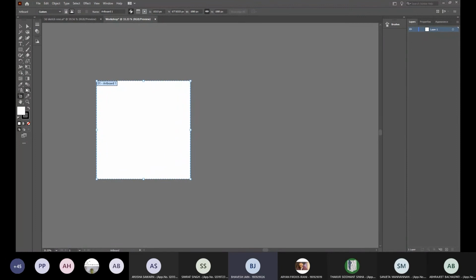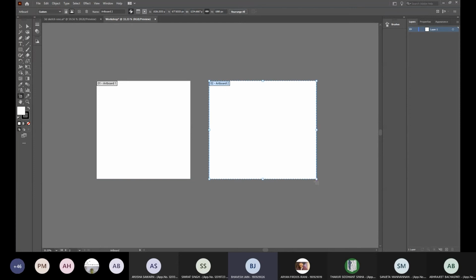And if I want to create a new artboard, so again with this click, just drag, create your own new artboard. If you hold down shift while dragging, it will create a square artboard, a 1:1 ratio. And you can see the width and the height parameters as you drag along. See, right now it's 893. Here it's 1280. And if I leave the shift, I can vary it as I want. But you can get only rectangular artboards in Illustrator. That is one thing you need to keep in mind whenever you're working with it.